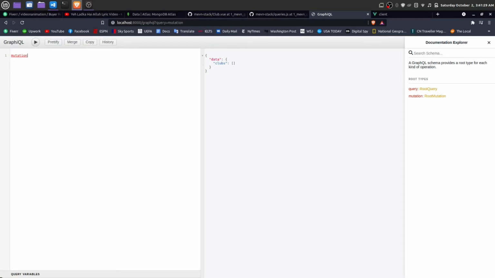Mutation, add club. The first club name will be FC Barcelona, and league will be La Liga. And it will return name and league and ID as well. We want everything as written. And FC Barcelona is our first club. Second club will be